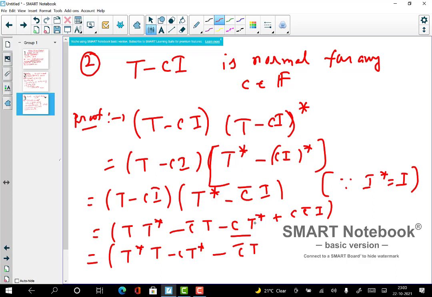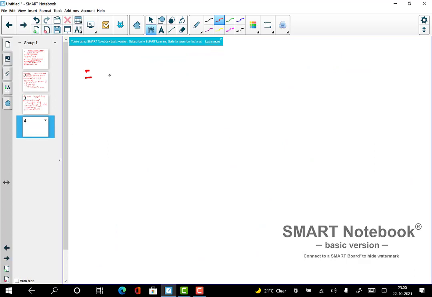I think so, T star T into C bar I, yes, Mr. T, yes. So this is I am taking before, this I am taking later, and then C bar I. Okay, now what does that mean? That means you can take T star common here, and that will give you